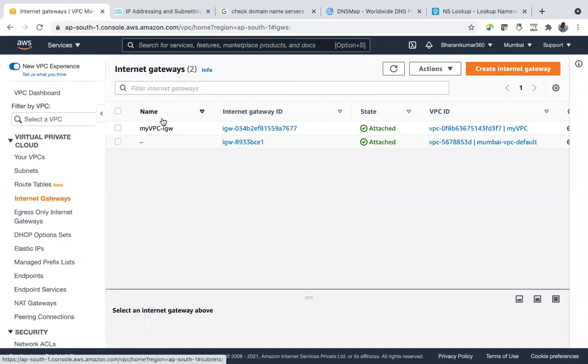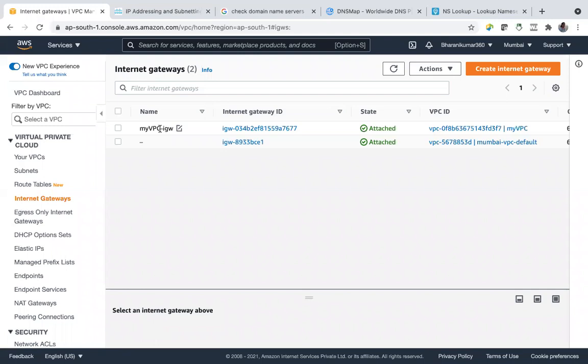This internet gateway allows traffic to go outside of your VPC and also come inside, both ways: egress traffic, which goes outside, and also ingress traffic, which comes inside.